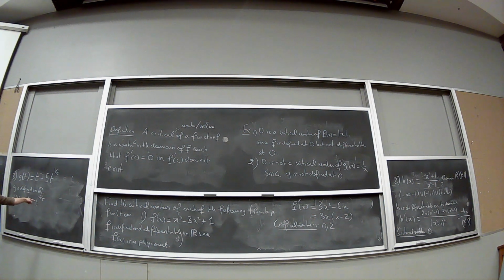Is G differentiable everywhere? No. For t different than 0, right? You have a negative power. Can you plug in 0 here? No. So G is not differentiable at 0. I mean, you can check that. This doesn't prove it, but you can check by the limit definition that G is not differentiable